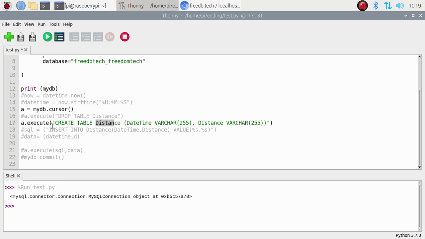So a.execute create table, then distance is again our table name. Again, you can mention any table name. Inside that table, datetime is a field, and datetime is a varchar 255, and distance is another field, and distance is also varchar 255. So this is our query a.execute. Now if I run our Python script,